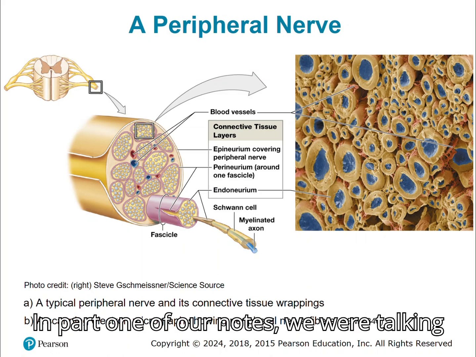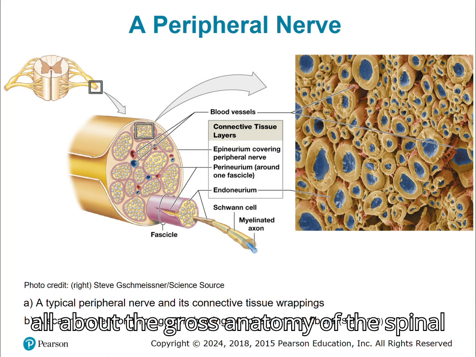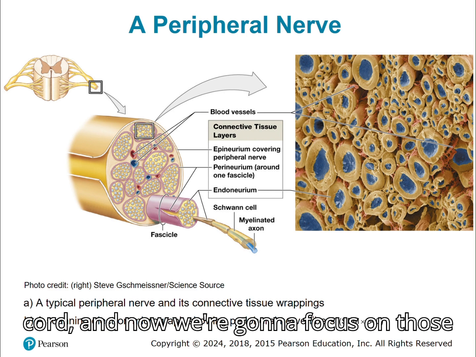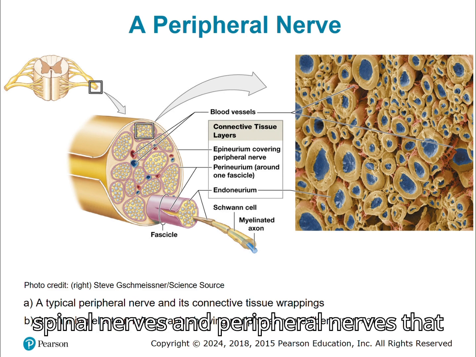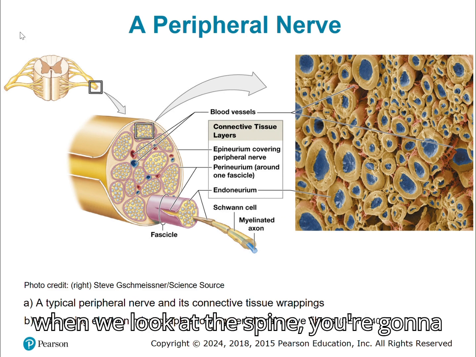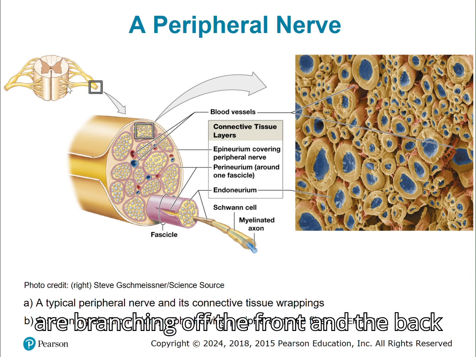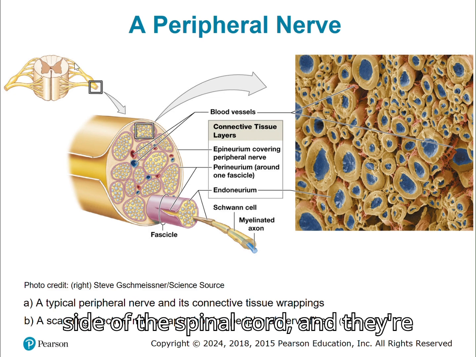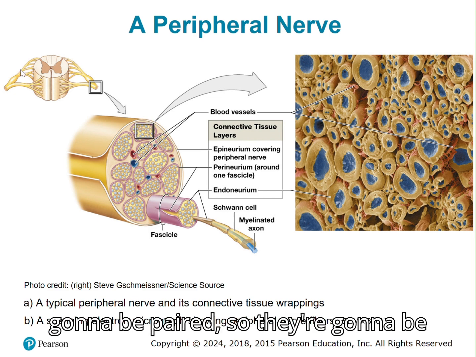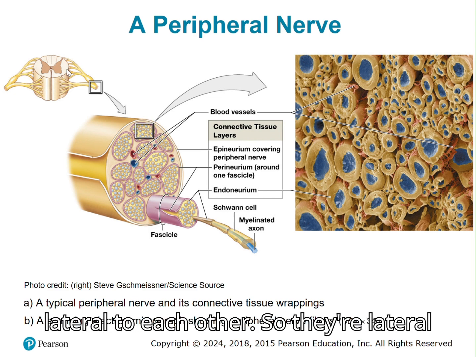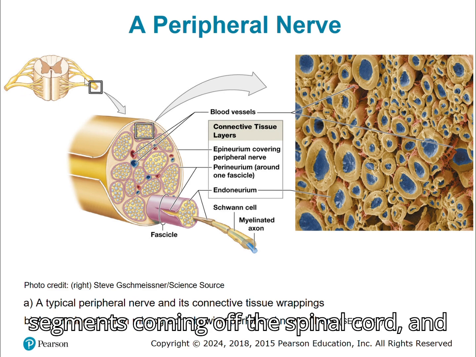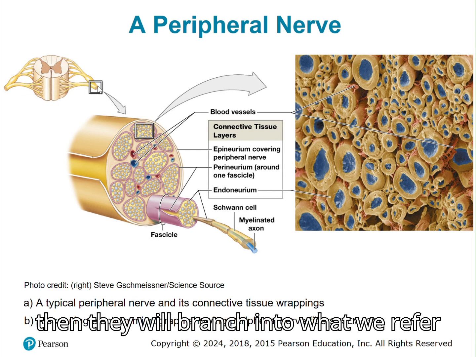In part 1 of our notes, we were talking all about the gross anatomy of the spinal cord. And now we're going to focus on those spinal nerves and peripheral nerves that are going to be branching off of that. So when we look at the spine, you're going to have those pairs of spinal nerves that are branching off the front and the back side of the spinal cord. And they're going to be paired, so they're going to be lateral to each other. So they're lateral segments coming off the spinal cord, and then they will branch into what we refer to as